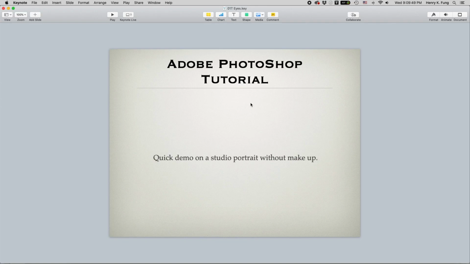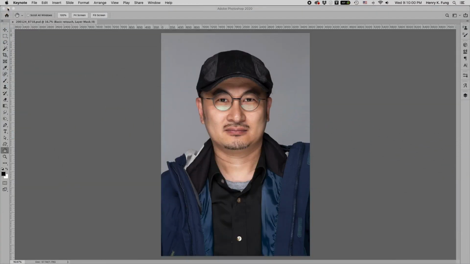We're going to try a Photoshop tutorial, a quick demo on a studio portrait without makeup. Let's take a quick look. This is a portrait taken by a student inside our photo studio. It looks like a standard passport photo with flat lighting. From a distance it looks kind of okay, right? But if you look closer,